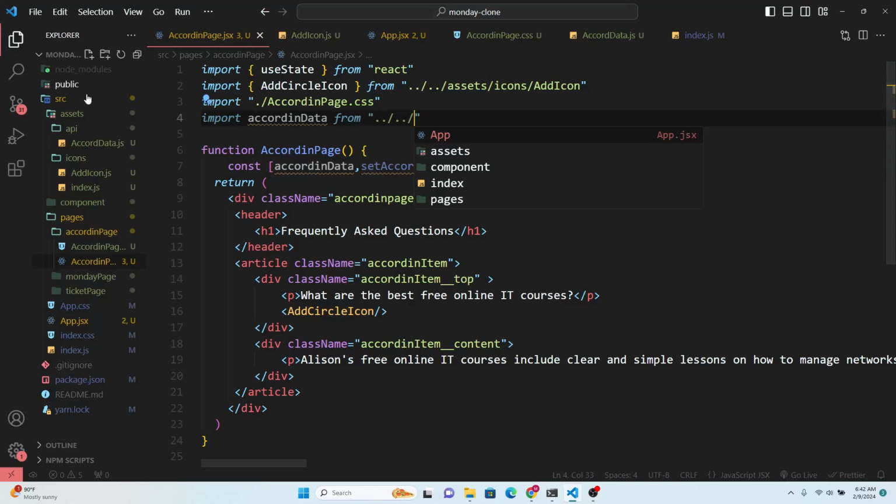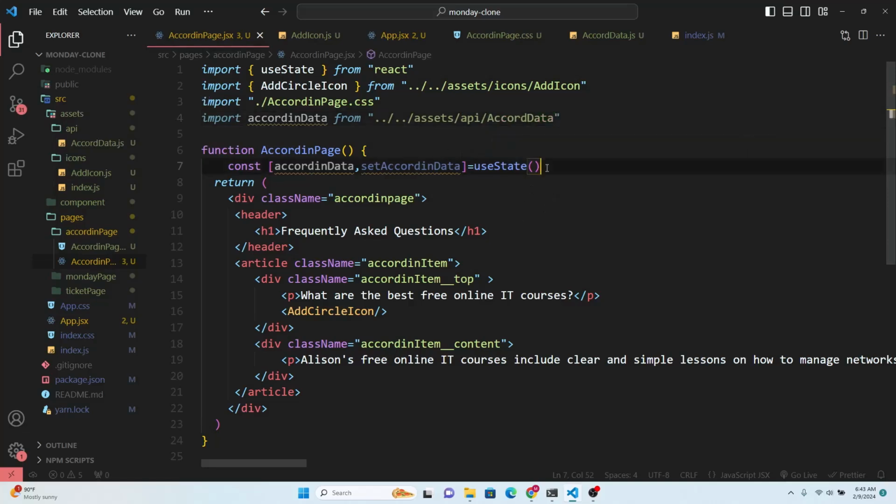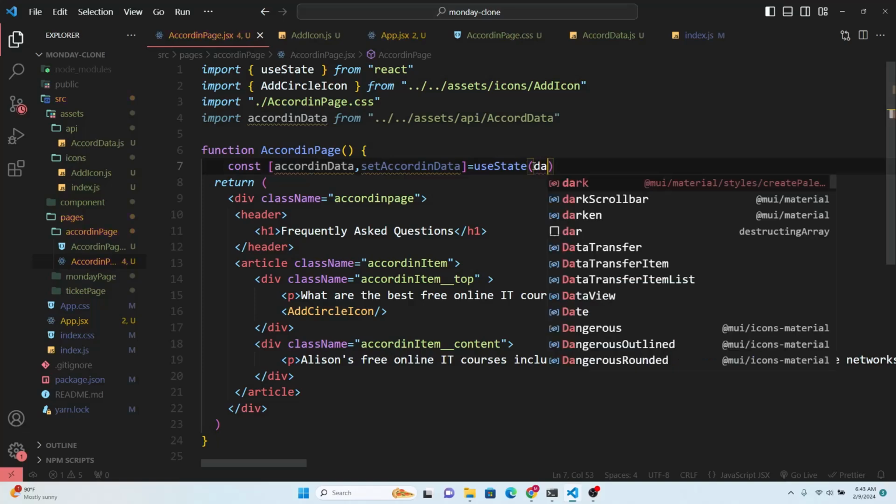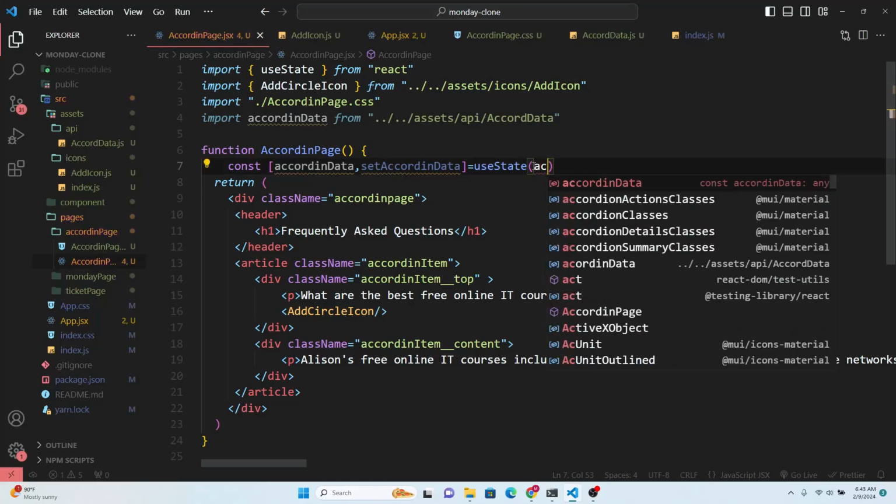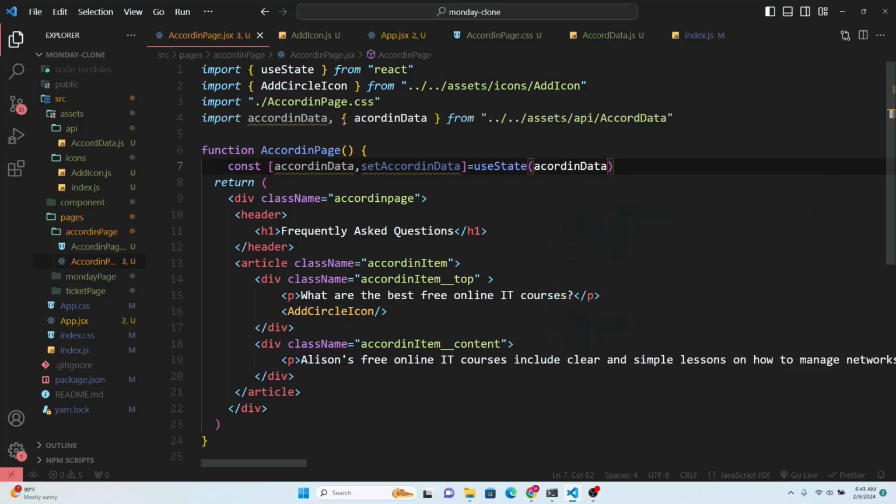I put an API inside the asset folder. For now I don't care, it doesn't matter. So let me pass it here, accordion data. Maybe that's the reason why it was okay, it was inside the asset folder. Yeah, but anyway,